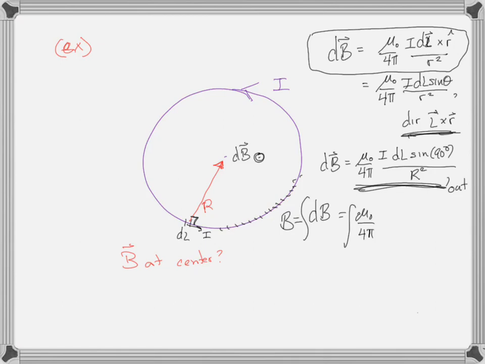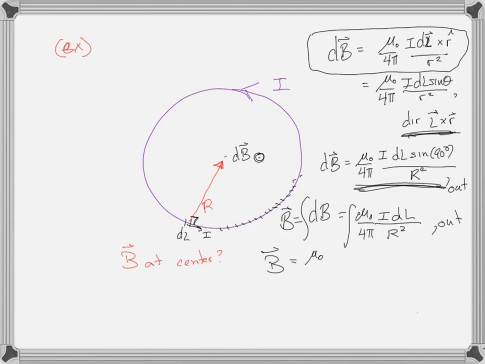Mu naught over 4 pi. Oh yeah, I was filling in, just writing the integral sign. dl sine of 90 is 1 over r squared. So now we know that the direction of that is out in this case. So now we pull everything out of the integral. That's a constant. B is equal to, pulling everything out of the integral,